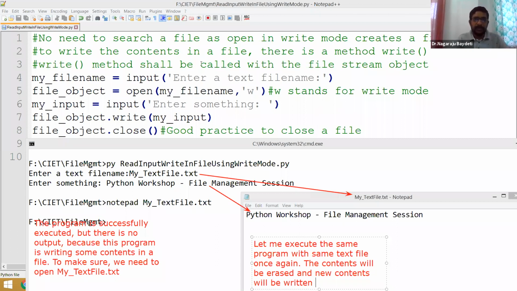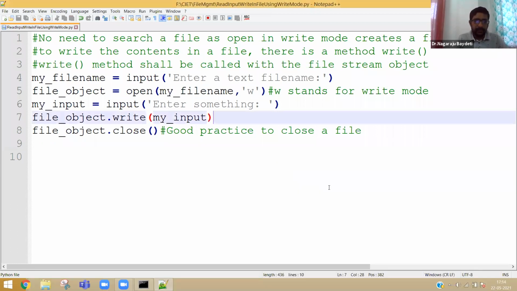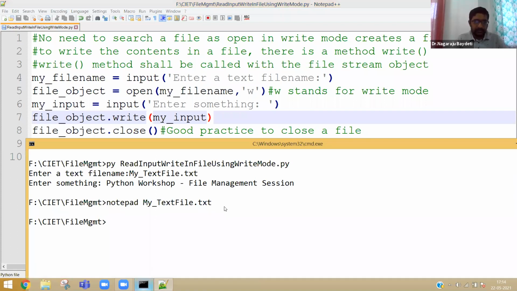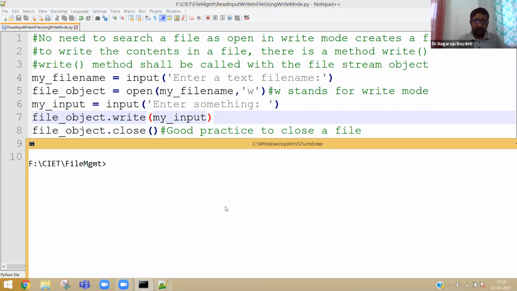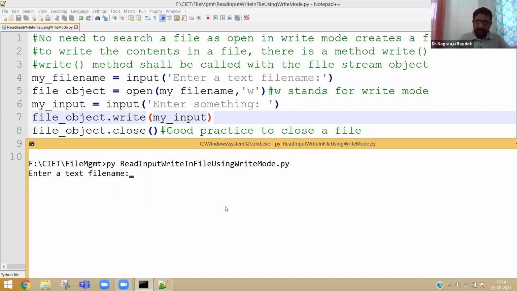Okay, so let me clear all the drawings. Let me clear all the drawings and I am executing. See, clear the screen. I am executing the program again. I am giving the same file name. Now enter something. This is my new content.